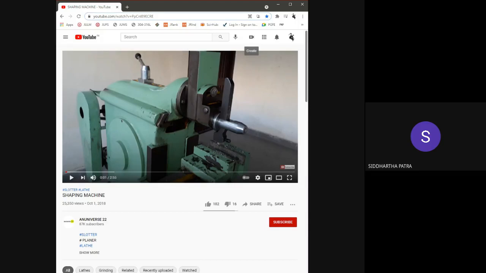So the feed is provided there, and then the depth of cut is provided again to the head of the shaping machine. Basically, the component in the front that you see. This component that you see in the front, that's where the depth of cut is provided. First of all, this long component that you see is supposed to be your cutting tool.